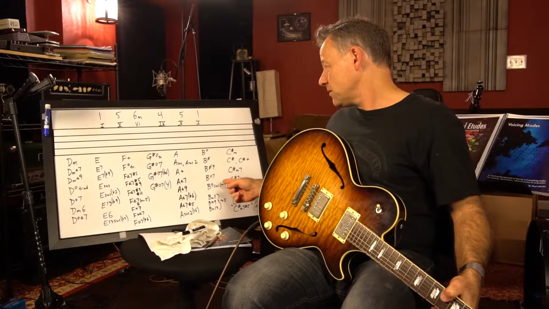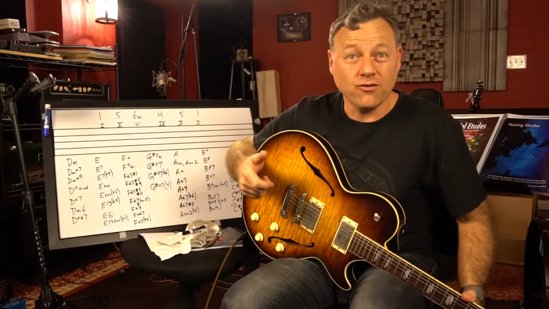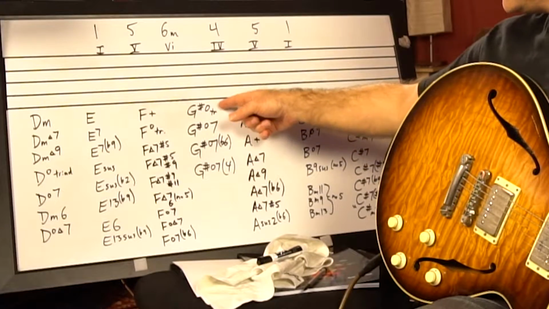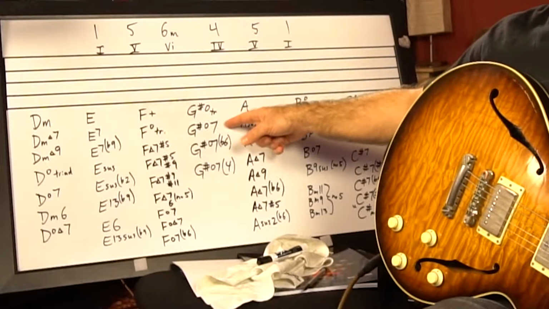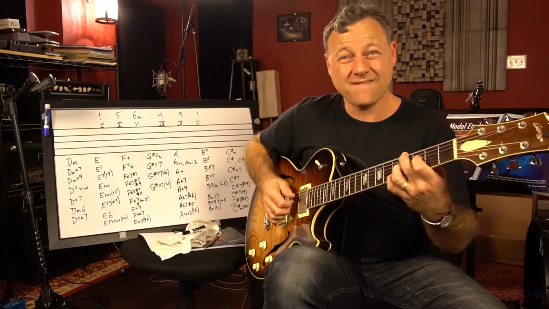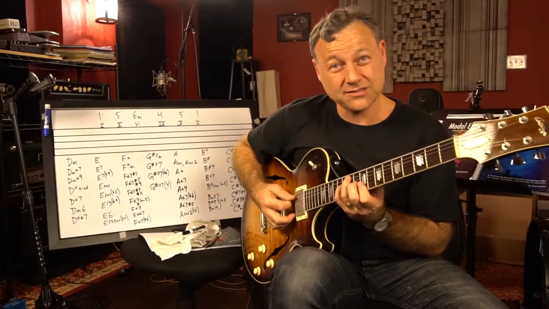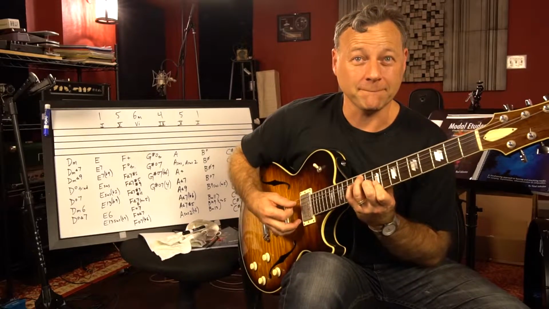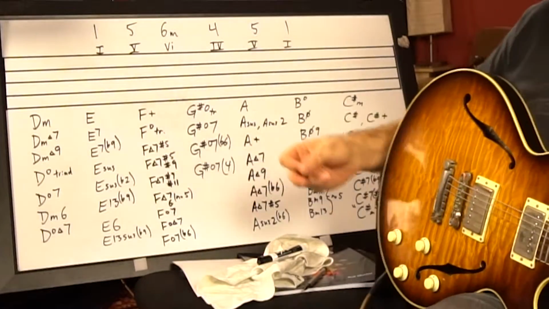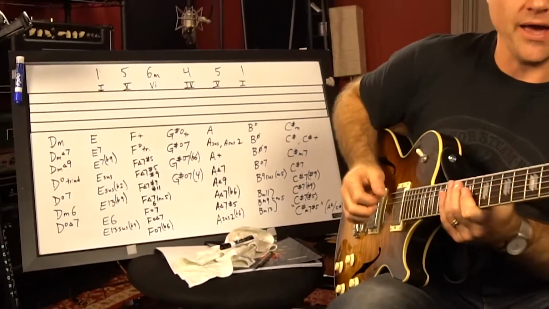And then the 4. Okay, so there's actually no 4 chord. There's a sharp 4, and the voicings are listed here. You can play a diminished triad, or a diminished 7th chord, or this diminished 7th that has a flat 6 in it, or you can put this diminished 7th that has a 4 in it. I think that's a super neat voicing. Anyway, so that's the 4 chord, or the sharp 4 chord. And then back to the 5, and then back to the 1. So if it's just triads, it's